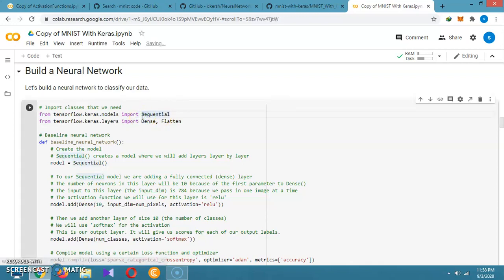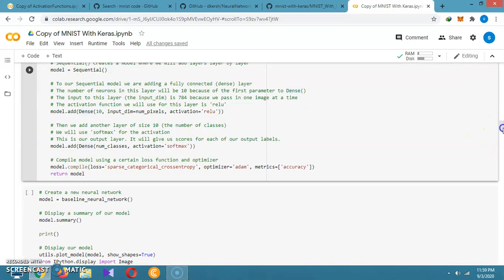We are building first a neural network model. For that we are using a sequential model, and we are using different layers like dense and flatten. You should also be familiar with what is meant by a dense layer, what is meant by a flatten layer, what is meant by activation functions, what is meant by a fully connected network, what is meant by a partial network, and what is meant by a shallow network. Different types of layers are available on which the networks are built.